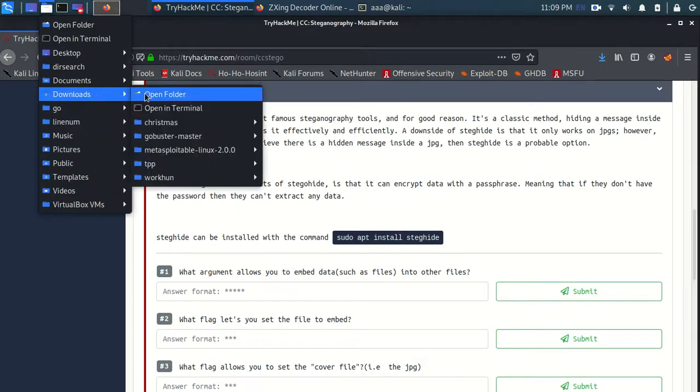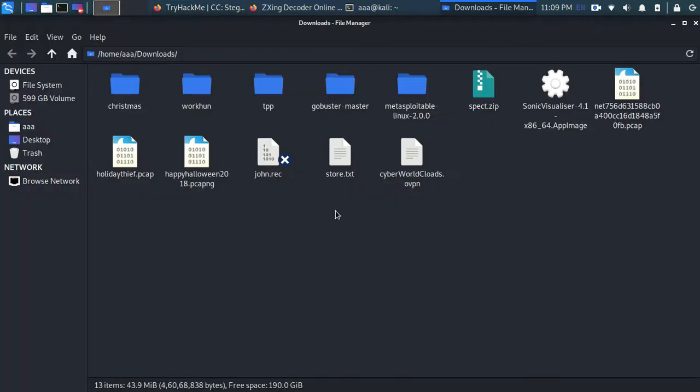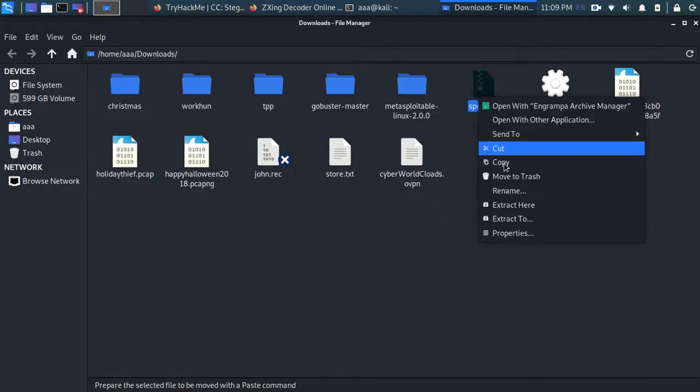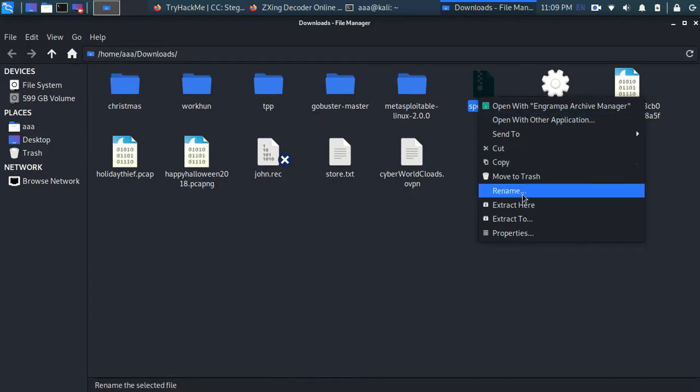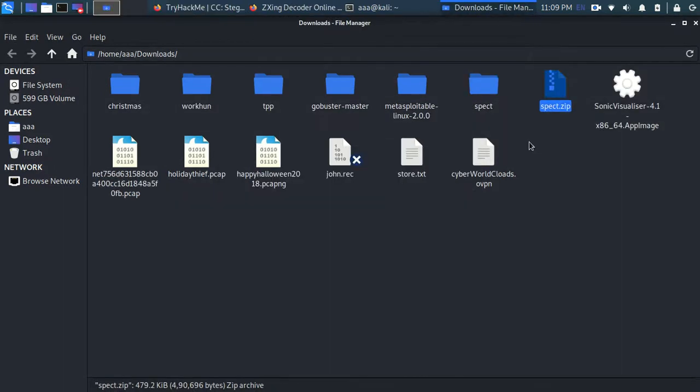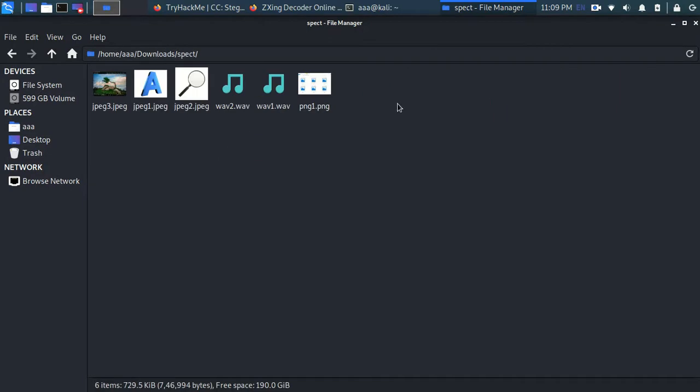So let's go to downloads and unzip this file, extract here, and so these are just sample files we will be working on. So let's get started.